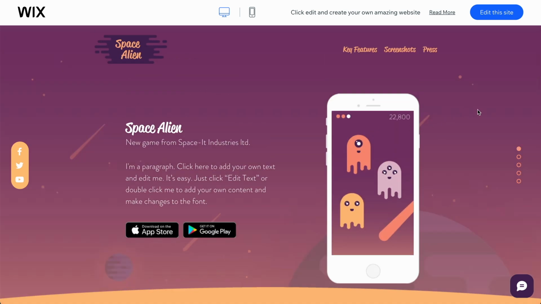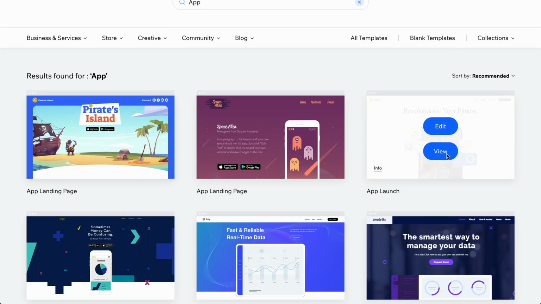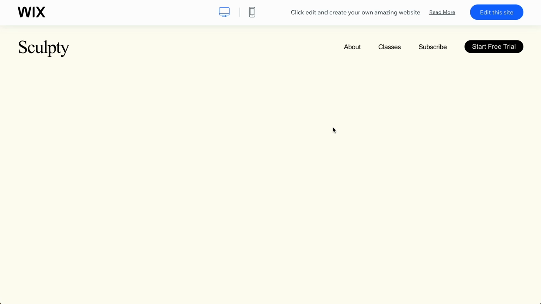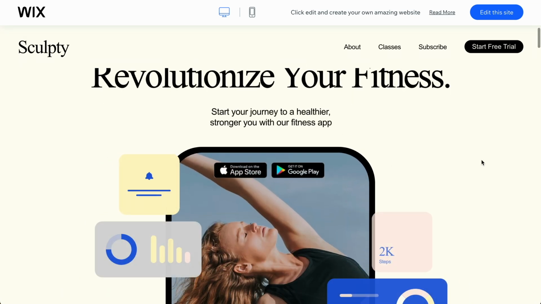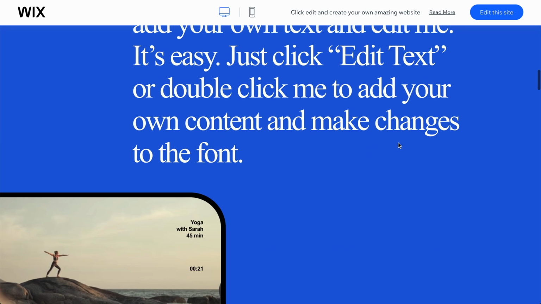And what I recommend you do as well if you're looking to use some of these tools is to go into the different templates and see if something is close to what you want to have. So then you're not going to have to make so many changes to it. So for example, if you have a fitness app, or this is quite similar to the calorie counting app, then what you can do is just go in here, click the edit button, and just make the changes that you